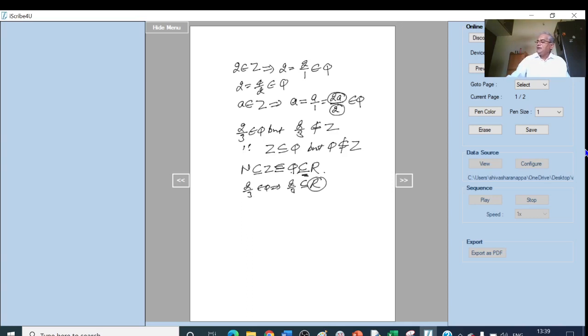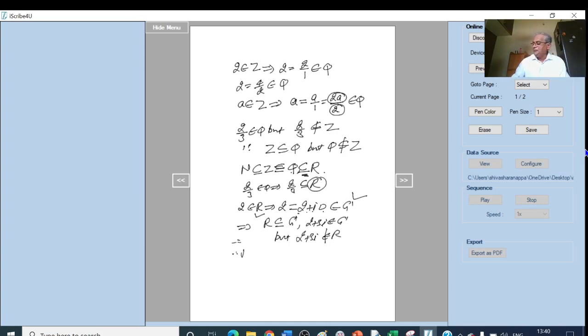And every real number is a complex number. For example, if you take 2, a real number, I will write 2 equal to 2 plus i into 0. This is in the form of a plus ib. This belongs to C. What this implies is every element belonging to R is an element of C. So R is a subset of C. The converse is not true, because 2 plus 3i belongs to C, but 2 plus 3i is not a real number. This does not belong to R.